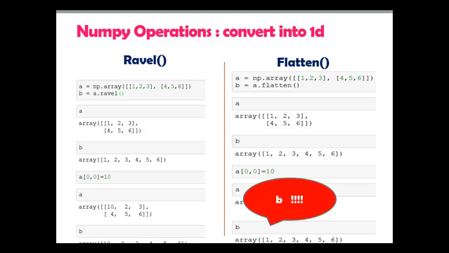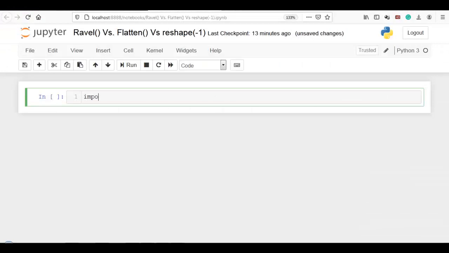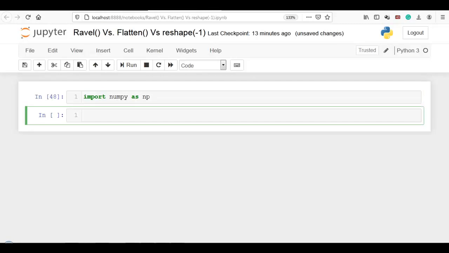Now, let me show you this practically in the Jupyter notebook. So let me first import NumPy as np. Now, let me first explain ravel. Let me create a 2D array using np.arange with 6 elements, and let me use reshape to make it 3x2.